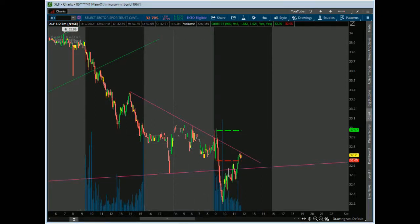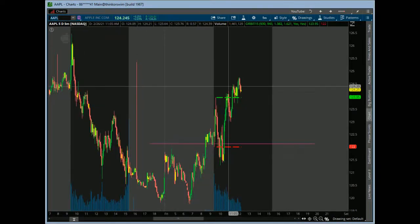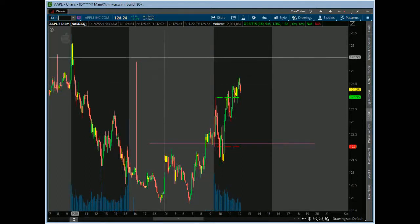And we'll actually take a look at that one, and we'll take a look at another one that we were looking at for an overnight in a little bit here. So let's take a look at Apple and see how it's behaving here. So Apple, again, kind of chopping around, but we are back above the 15 ORB high. Again, it is possible there might be a little bit of a push in the end of the day, but